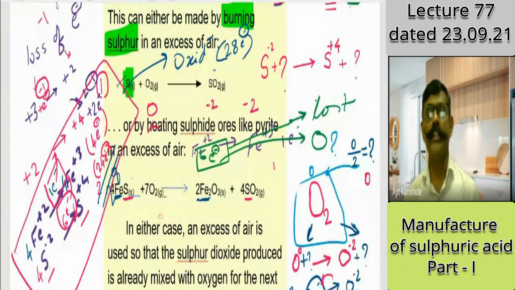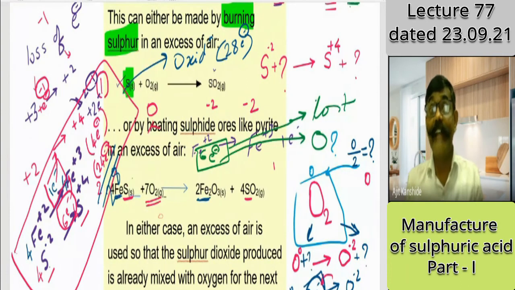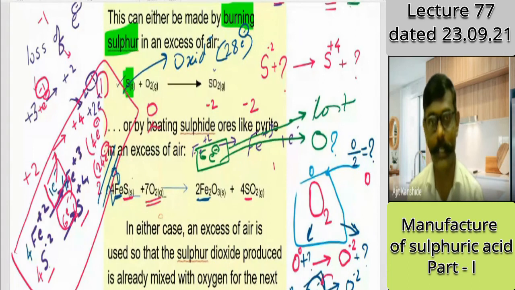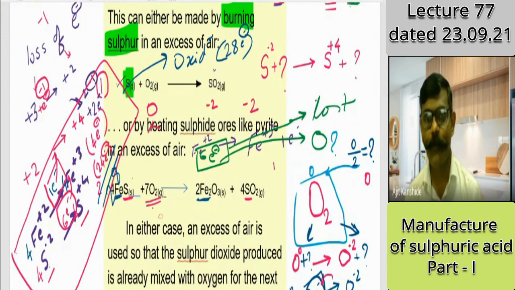Now, oxygen is the other thing, where electrons are involved in the reduction process. One oxygen is responsible for 2 electrons. My point of interest here is how many oxygens are on the reactant side. Oxygen atoms, yes, atoms only are there. How many are there? 14. Yes, here 14 oxygens are there, and on the product side also 14 oxygens are there.